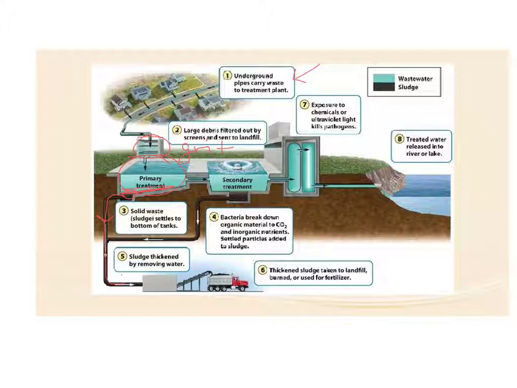processed down this way. And we're going to leave that for that time period because we're going to get more sludge from the secondary treatment. The water is then siphoned off. The water minus the sludge is siphoned off, and it's sent to this aeration tank. This is the secondary treatment.